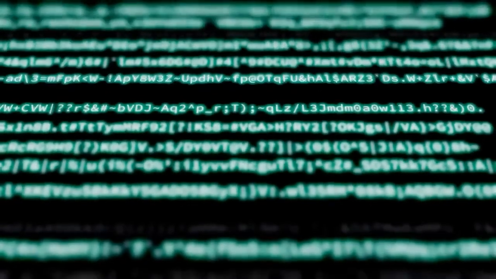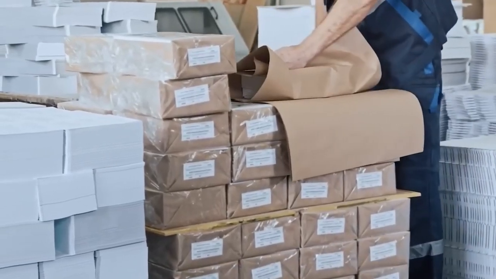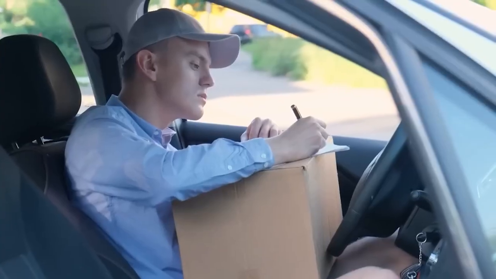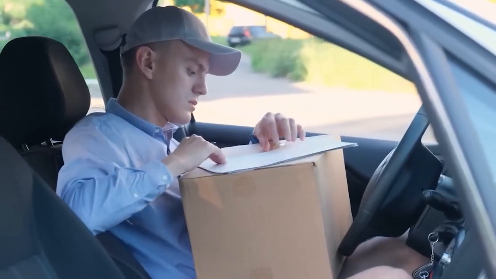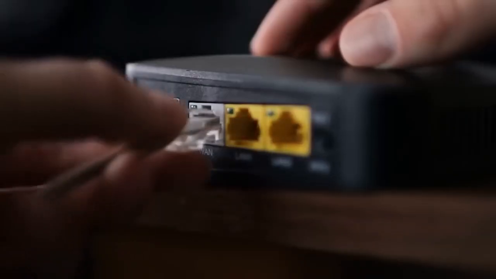That's exactly what happens to your data. Each packet contains a small piece of your request, your IP address, the destination IP address, and instructions on how to put everything back together. Now, these packets need to find their way. And that's where routers come in.